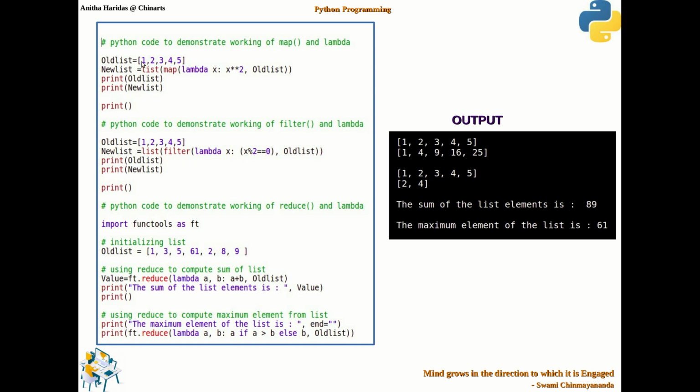So x square of 1, x square of 2, x square of 3, x square of 4, x square of 5 will be found and a new list will be created and assigned to new list. And you can observe when I print it, old list is 1, 2, 3, 4, 5 and the new list will be 1 square, 2 square, 3 square, 4 square and 5 square. Okay. So this is how it is going to work with the map function.